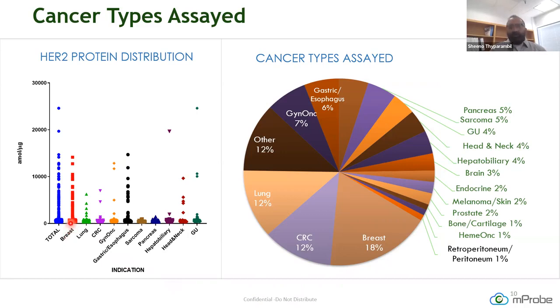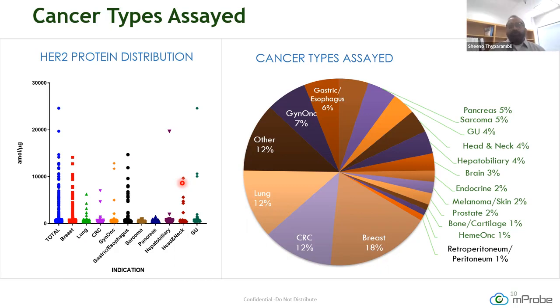We know HER2 is very important in breast and gastric cancer, which is not surprising for us to see those levels. But we do occasionally see outliers of HER2 in other cancer types. Here's an example of one cancer type, head and neck cancer, in which the salivary gland carcinoma came in. In the next few slides, I'm going to go really fast, but I'll show you some